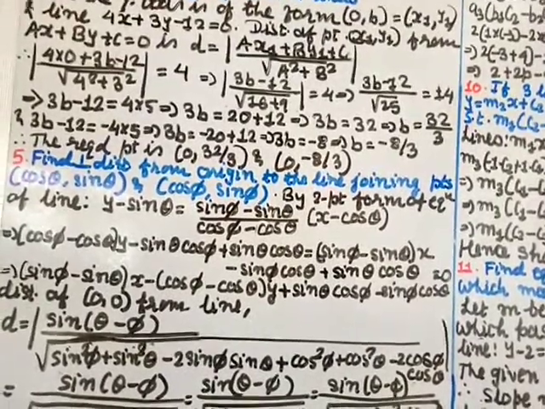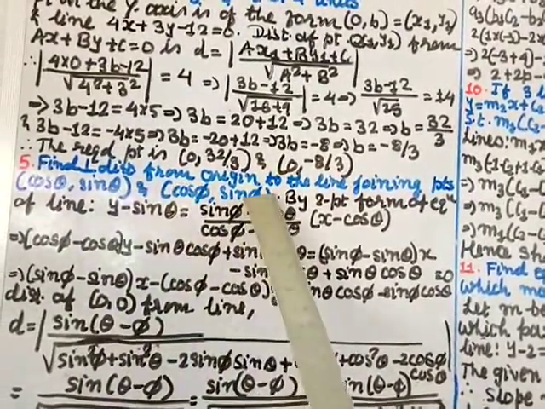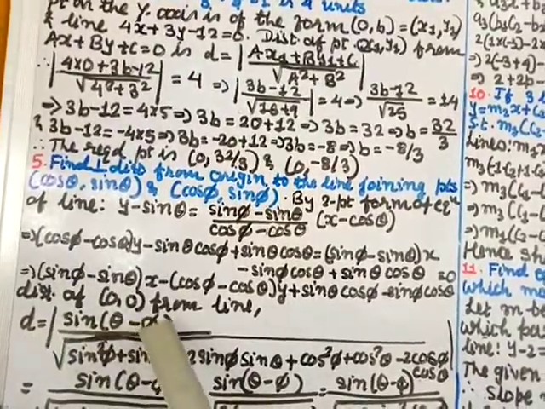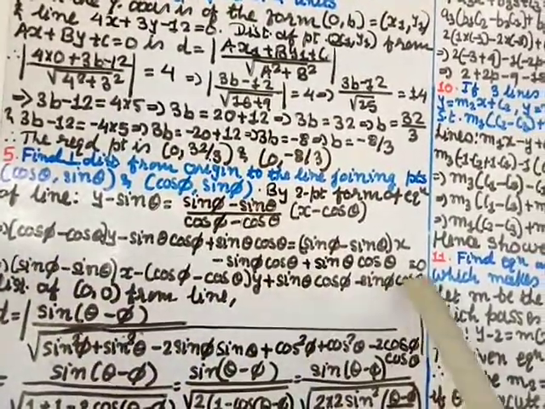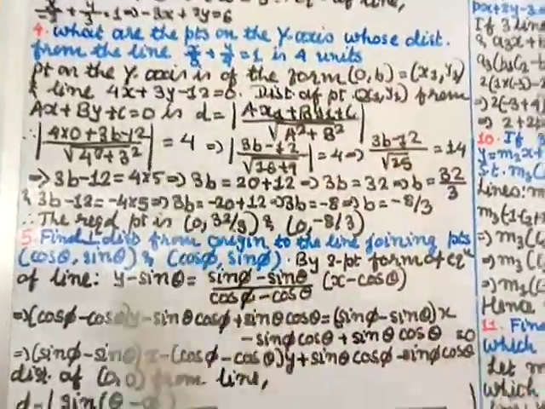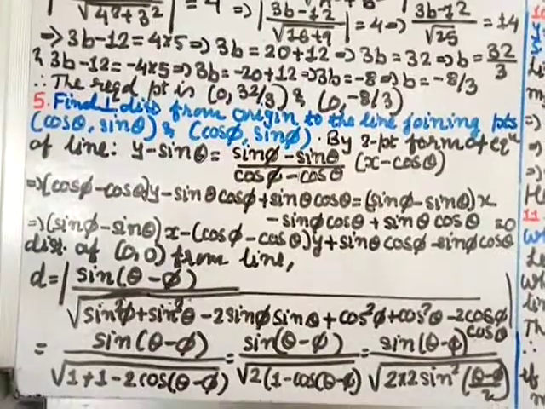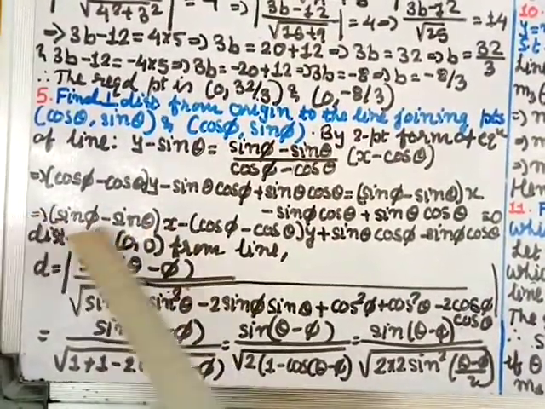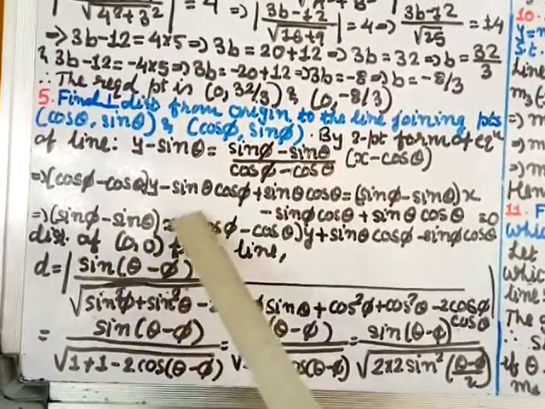Now they have given us the perpendicular distance from the origin. So distance of 0 0, that will be x1 y1, from the given line, that is this line. Okay, this we have solved, this line. So we use the same result. This is the one. Okay, I am not writing the result directly, I will put the value. So now if I put value of x as 0, this value will cancel, right? When you put y equal to 0, this value will cancel.